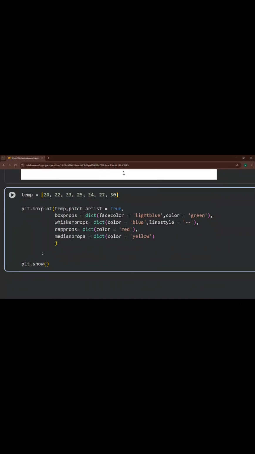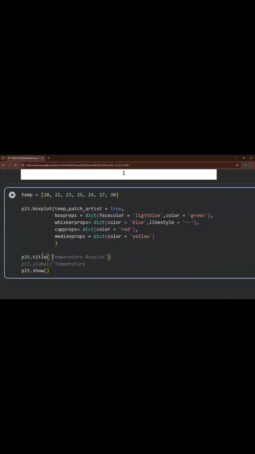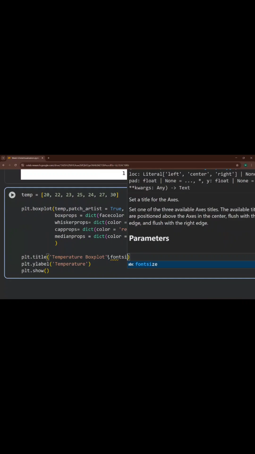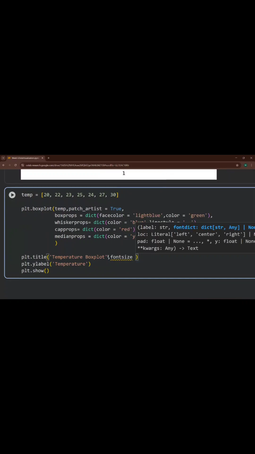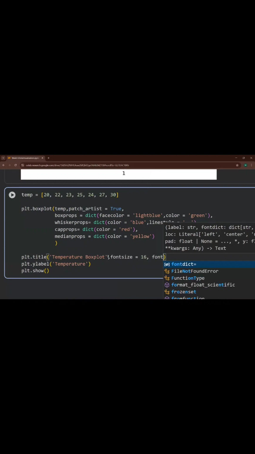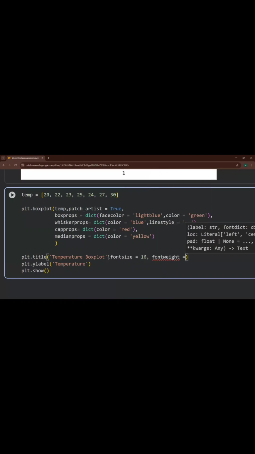Let me just add the title and all also very quickly. Font size 16 I'm taking, and font weight is equal to bold.